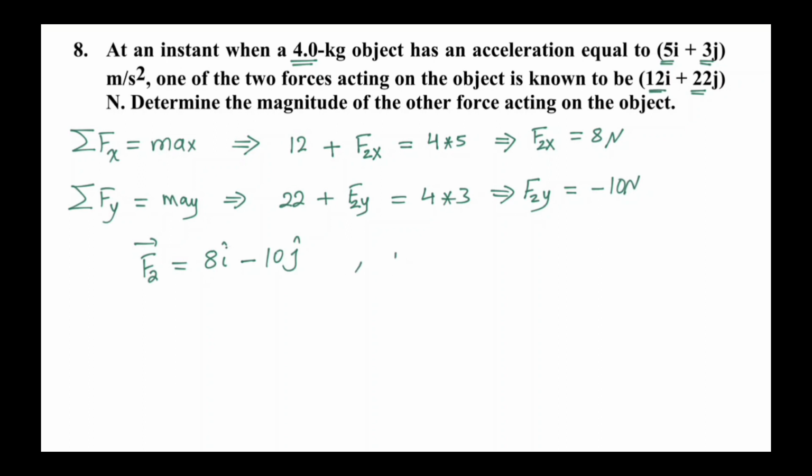And the magnitude for F2 is equal to the square root of 8 squared, 64, plus 10 squared, 100, or the square root of 164, which is equal to 12.8